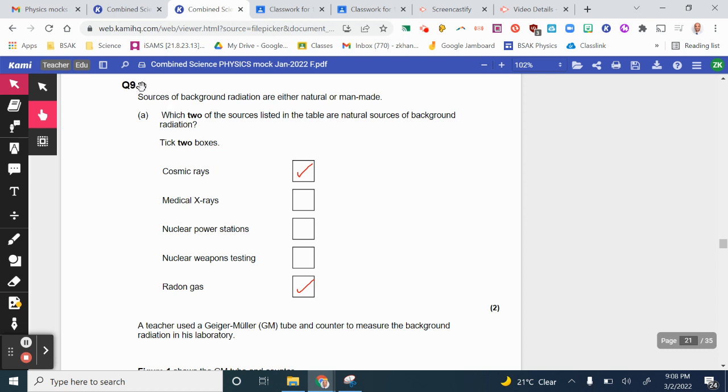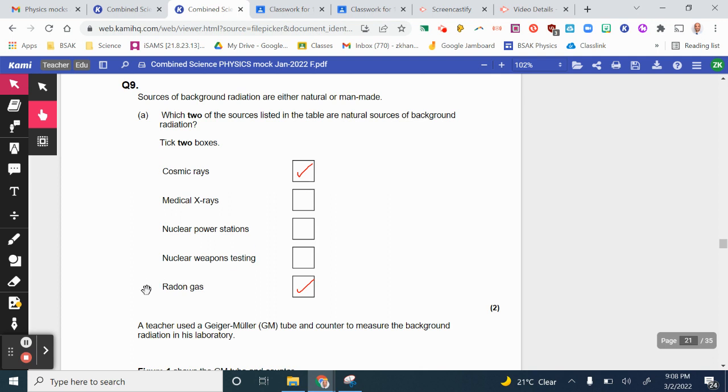Now, question 9, foundation paper, mock. We've got sources of background radiation. Some are man-made, some are natural, and we've got a mixture here. Cosmic rays are a natural source of background radiation. Cosmic ray particles are hitting from all directions on the Earth's atmosphere from outer space, and they are a natural